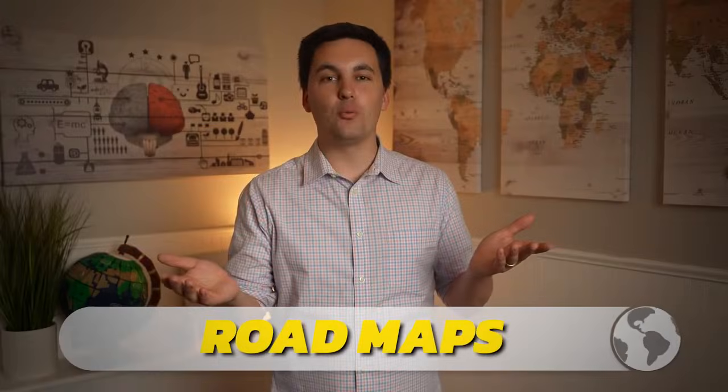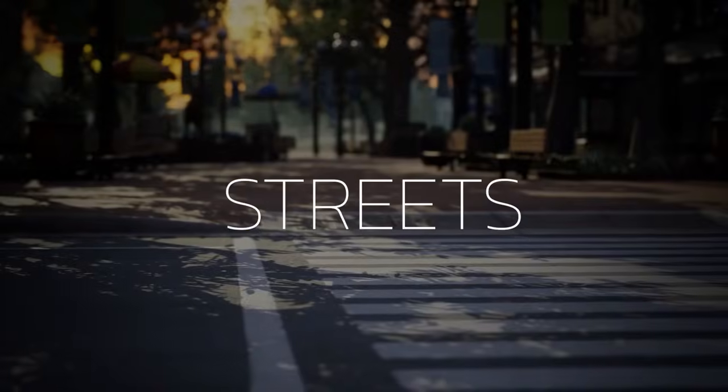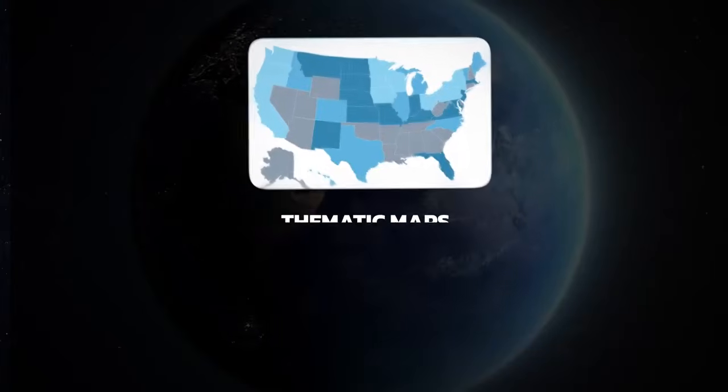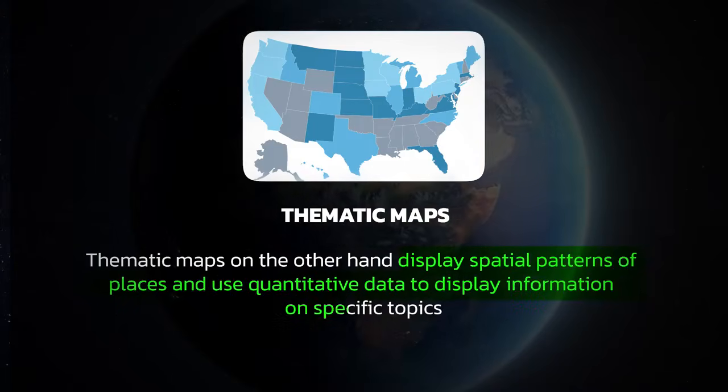The next type is road maps, which help people get from place A to place B and show the different road networks, highways, streets, and transportation routes in a geographic area. And all of these are just a few examples of reference maps that we can use. Thematic maps, on the other hand, display spatial patterns of places and use quantitative data to display information on specific